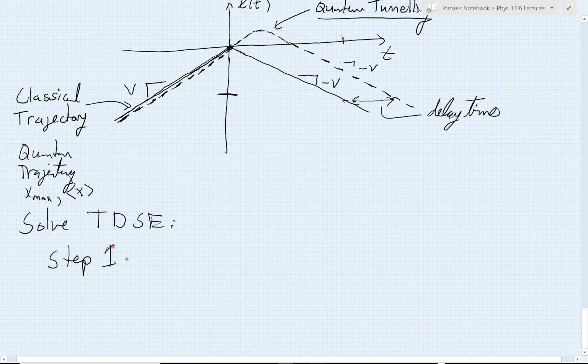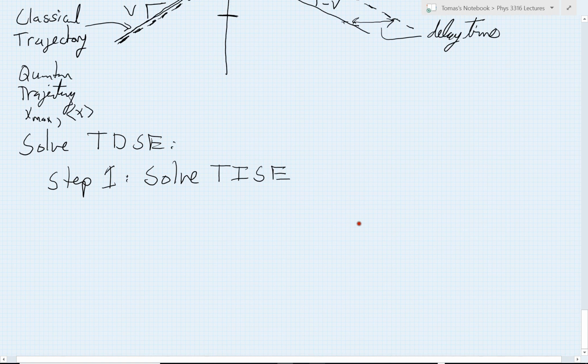And for that, we have to follow our step-by-step procedure. And step number one is actually, first, before we can do anything, we actually have to solve the time-independent Schrödinger equation. So let's write down that equation for this case. In this case, that equation is going to look like minus h bar squared over 2m times two partial derivatives with respect to my state, right? And I'm not sure yet what label I will use. I'll have to see what kind of solutions I find. But that should then give me back then